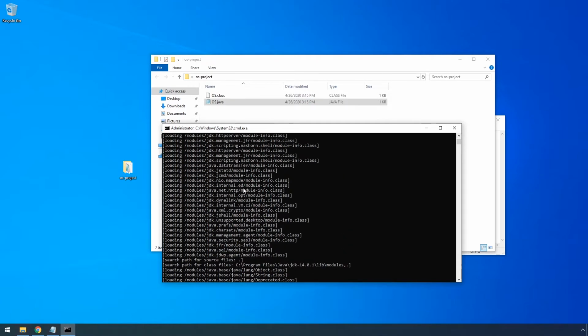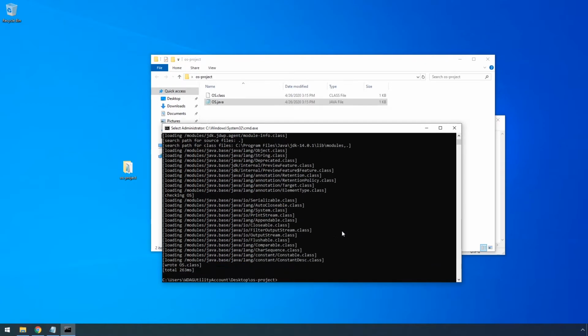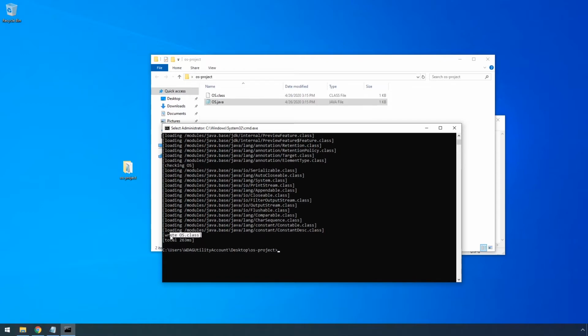So what I want you to see is that it first tried to understand, let's say, what's inside the os.java file, and this one is important because what I wanted to see here is that the compiler transformed my code into a set of steps that it needs to take. And those steps are right now located in a separate file called os.class.